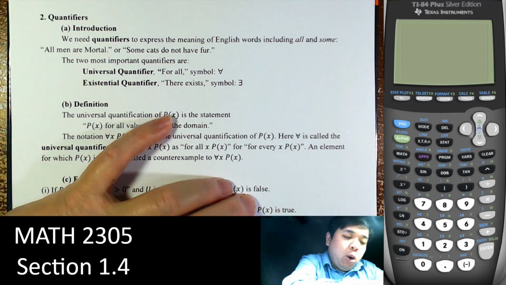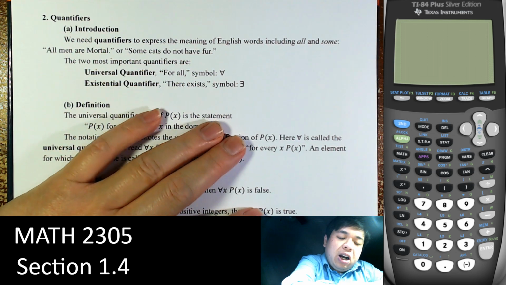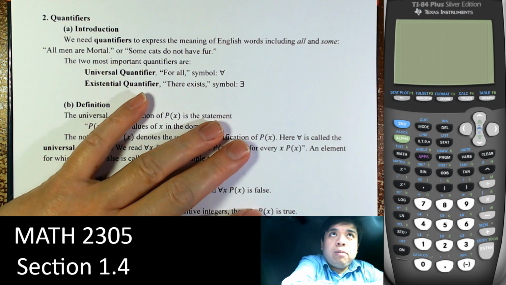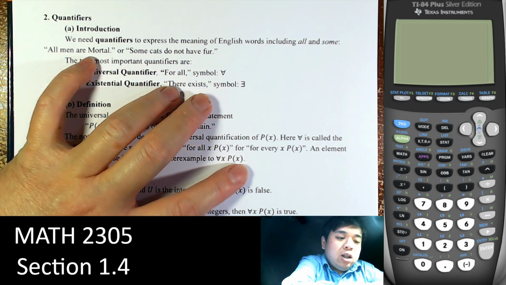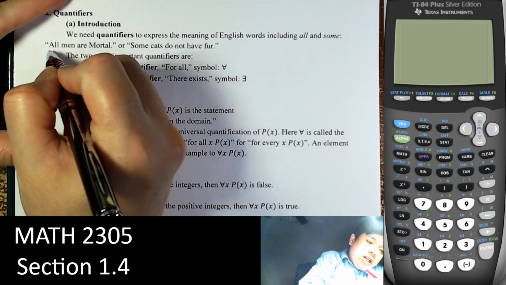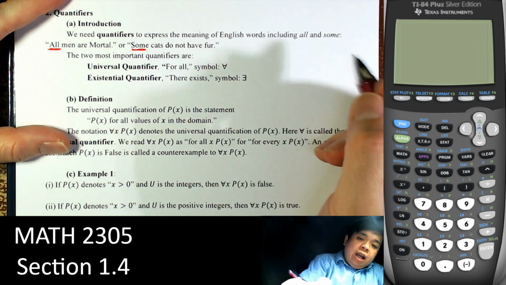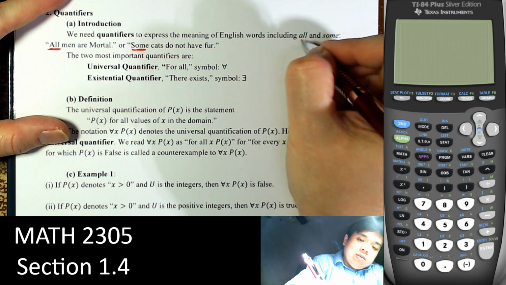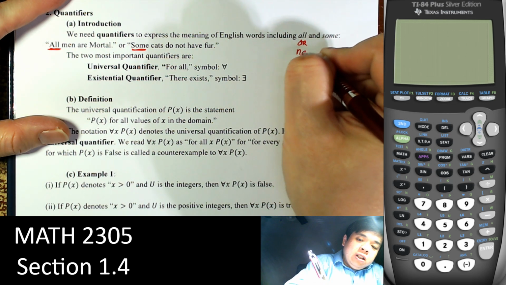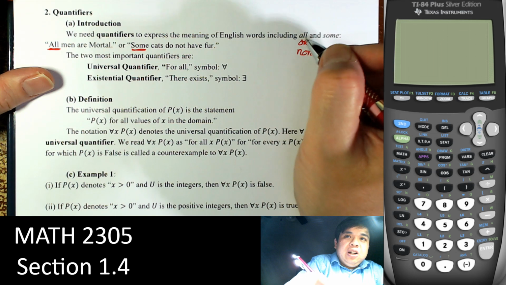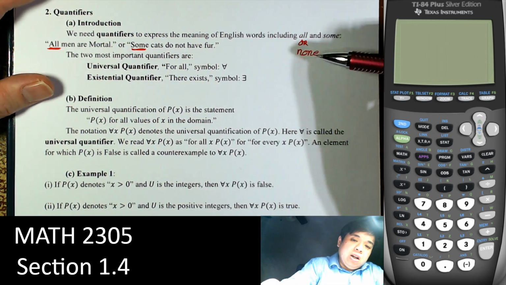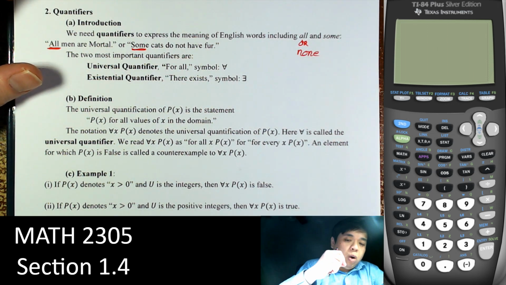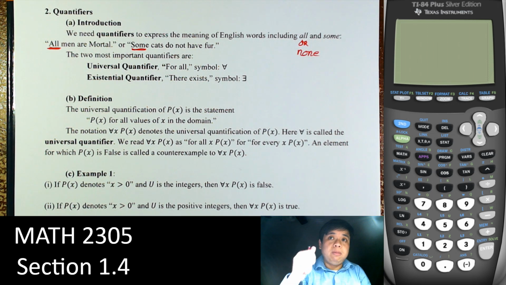Quantifiers. We need quantifiers to express the meaning of English words, including all or some. So we say all men are mortal, or some cats do not have fur. The key words to focus on here are all or some, and of course others maybe could be none or many or at least one. There are a lot of things, but all and none are classified in one type,